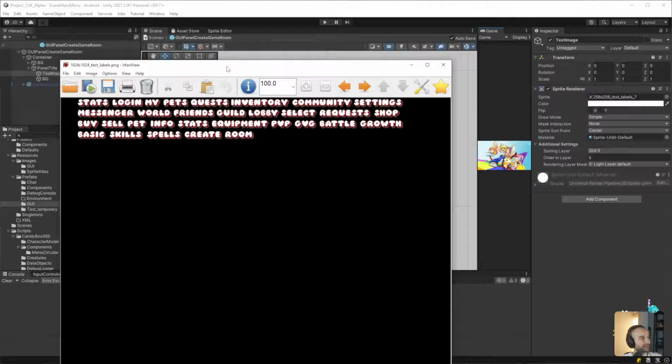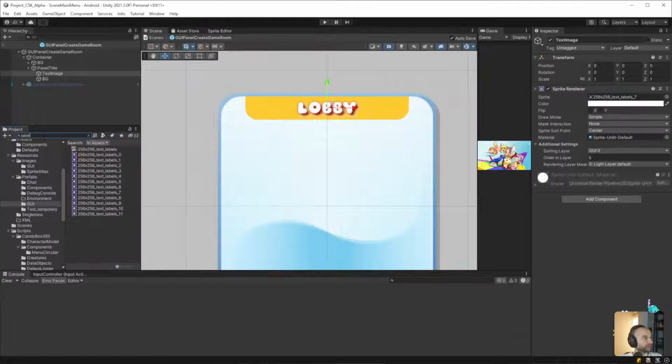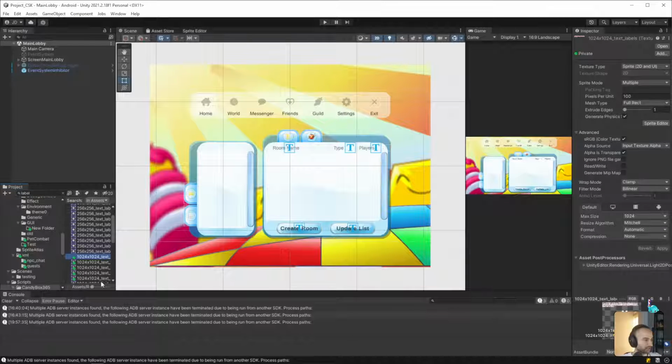The question is though, did I bring in the other one? So let's look for label. It doesn't look like I brought that in. Okay, I want to bring in the other one before I go to replace it because there's quite a bit of slicing that I did, and I want to preserve that work. I don't want to lose that. So we'll bring it in first, and then I'll replace it because all of the text wording, which is graphics, are still going to be pretty much in the same place.